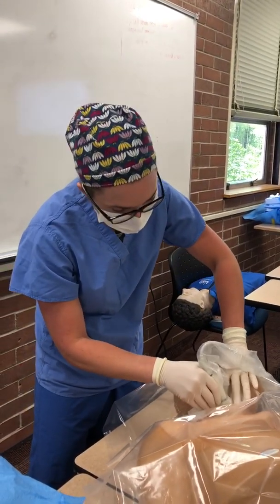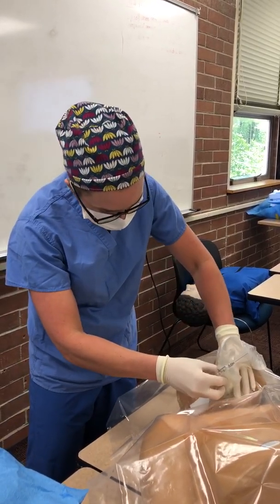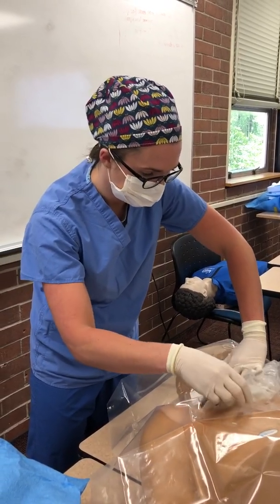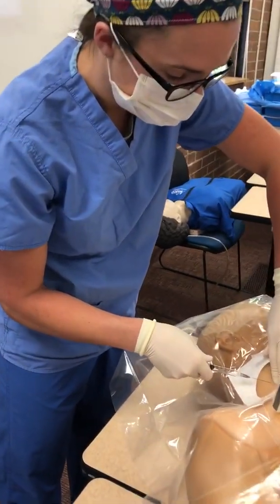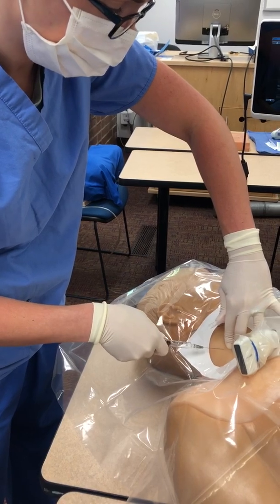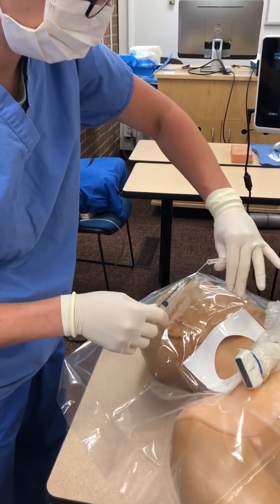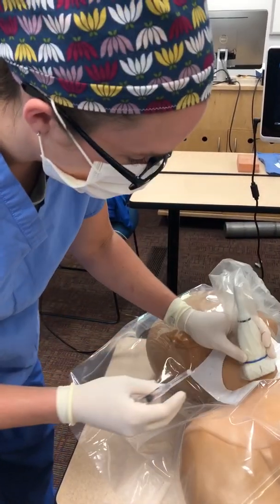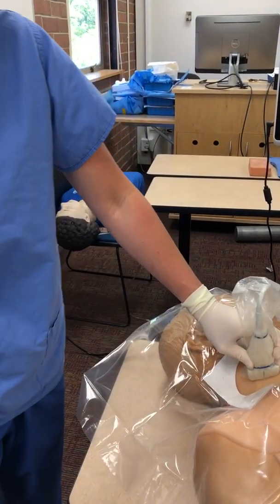Okay. So once I've identified that, I know that I'm going to go ahead and put just a little skin wheel here, but I'm going to palpate the artery just to make sure I don't get too close to it when I put that skin wheel in. So while I'm palpating the artery, I'll go in to do the skin wheel, aspirate, just make sure I'm not too deep, and put a nice little skin wheel in and let that start to numb up. While that's numbing up, I just bring it back, re-identify my landmarks,